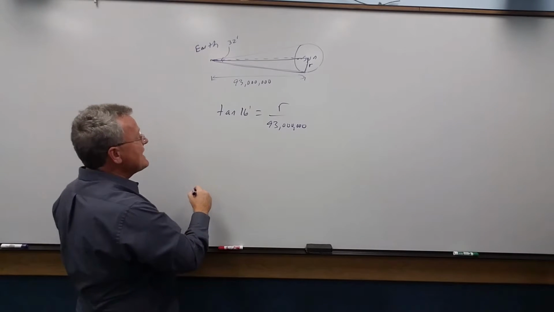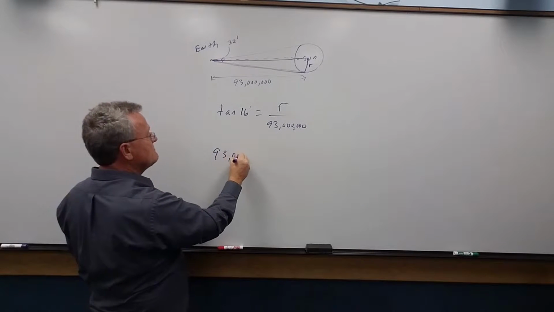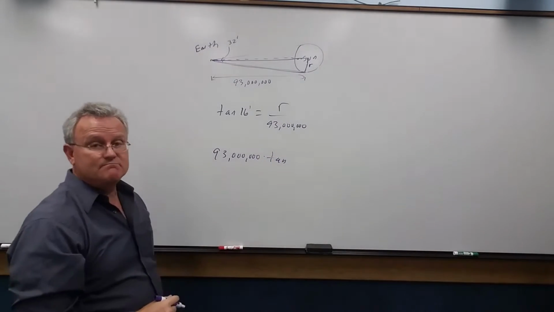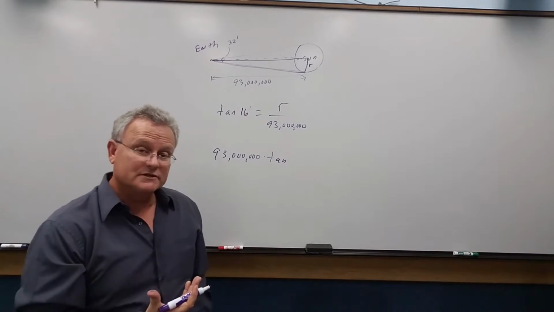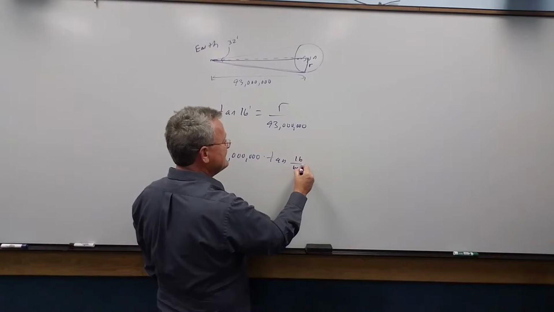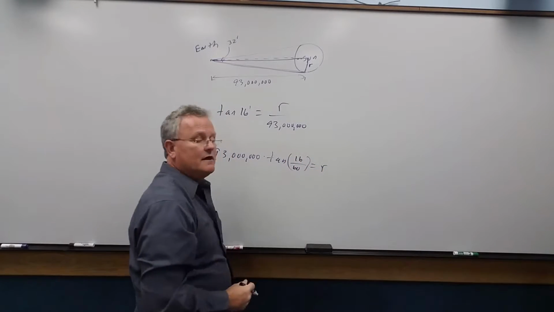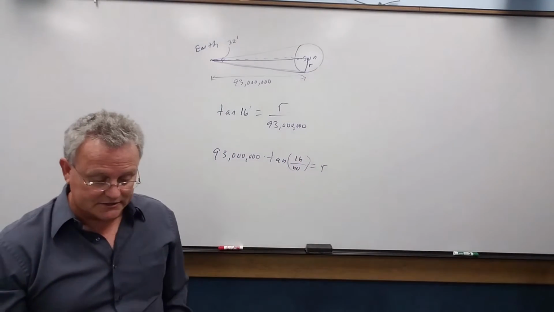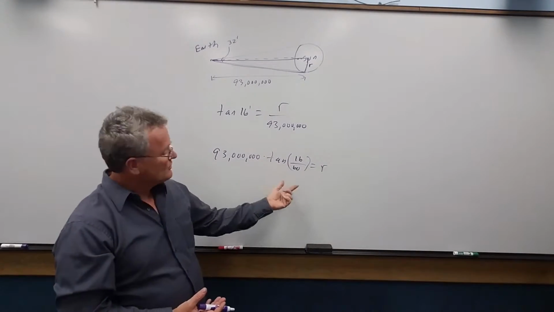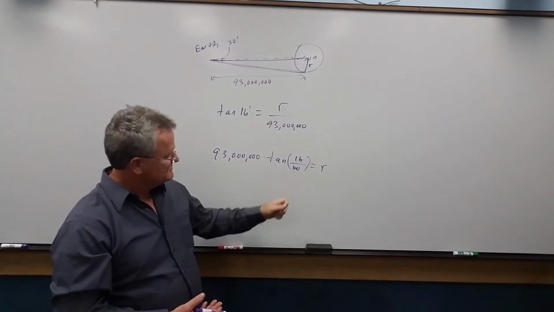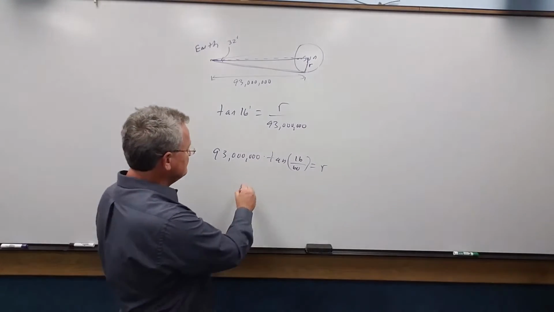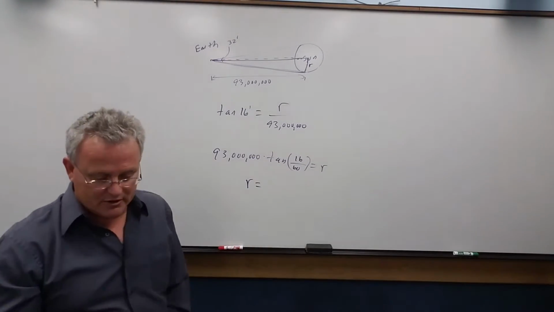Multiply both sides by 93 million, and we get 93 million times the tangent of 16 minutes, but we need to convert minutes to degrees. So to convert this to degrees, we divide by 60, and that is equal to our radius. So here we get out our calculator, make sure that we're in degree mode, because we divide by 60 degrees, and plug this in, and when you plug this in, we end up with a number that we get